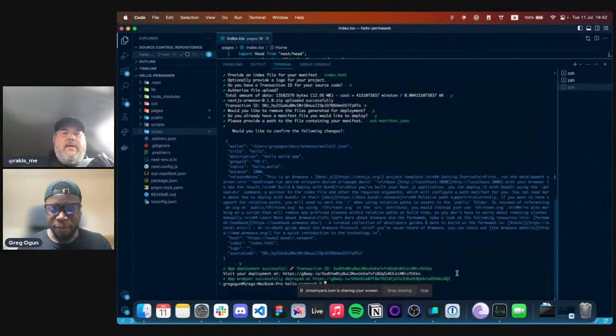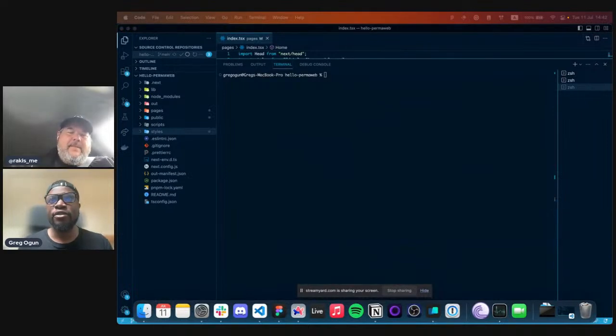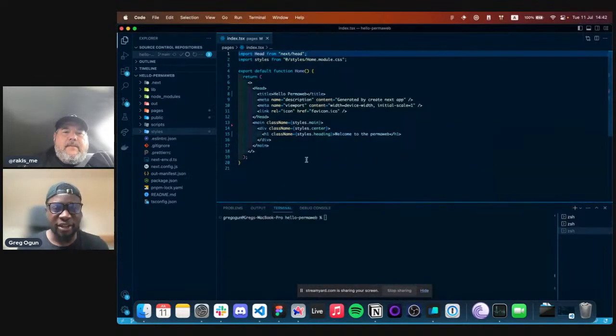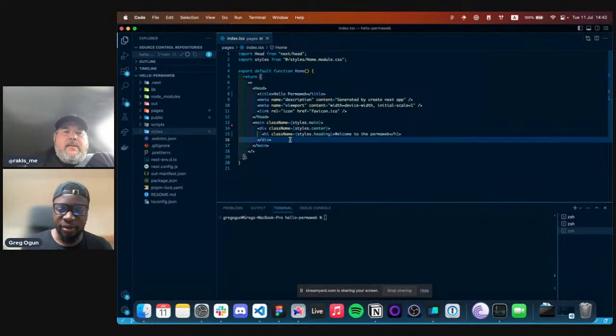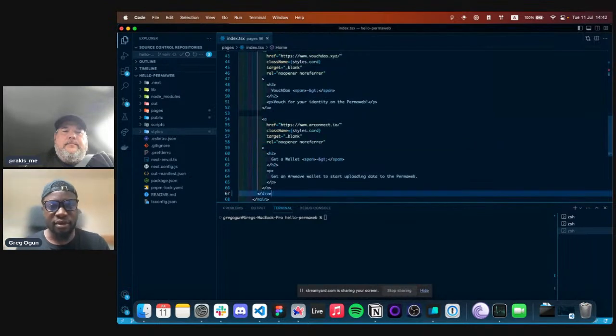Again, for the sake of time, I've got some code that I'm just going to add in here. In any typical case, I would download the source code onto my machine, I would then add the improvements in my code editor, and then I would deploy the new version. But in here, we're just going to add the code in.